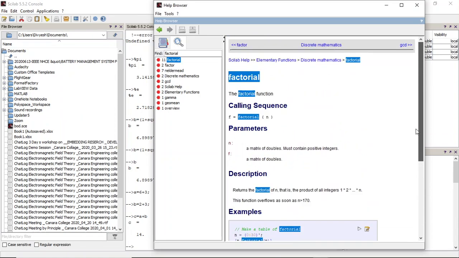So every time you feel anything is weird, you go to Scilab help, follow the procedure, click the search icon and type whatever you feel. Scilab will tell you whether it is within Scilab's scope or you are searching for something which Scilab cannot answer. Then Scilab will say, no, I don't have this, you can go to Google and search for it. Nice. So this is just to give you a feel of Scilab help. The help browser is very nice.